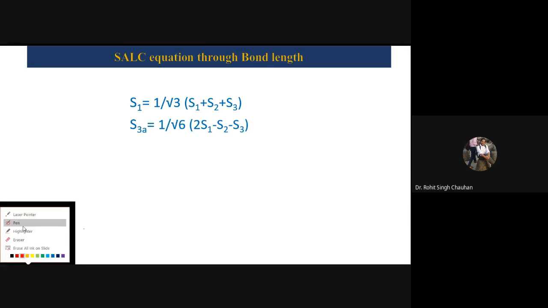Otherwise, your function is S1, S2, S3. So what you should do, I will tell you. To find out the SALC equation, you should write 1 upon root of the coefficient square of this coefficient. So here it is 1, so it is 1 square plus,